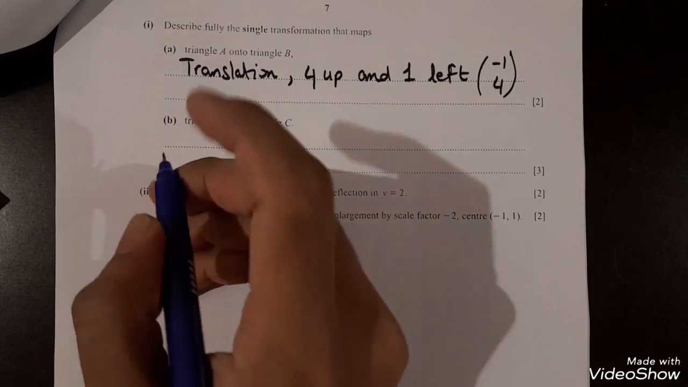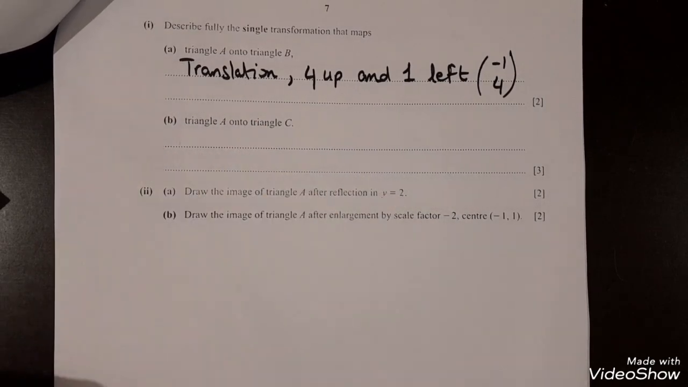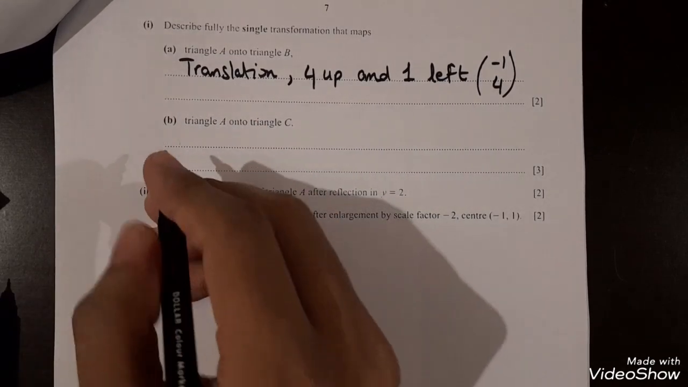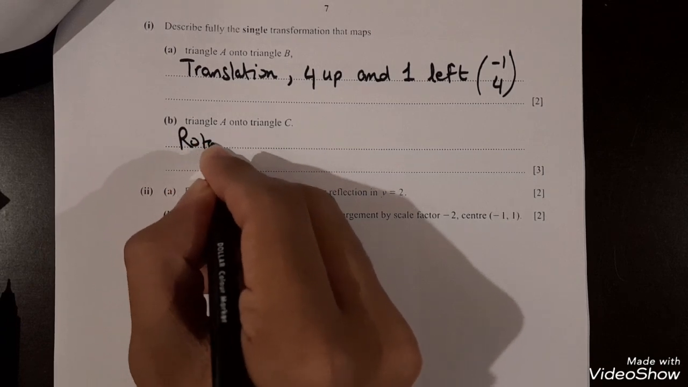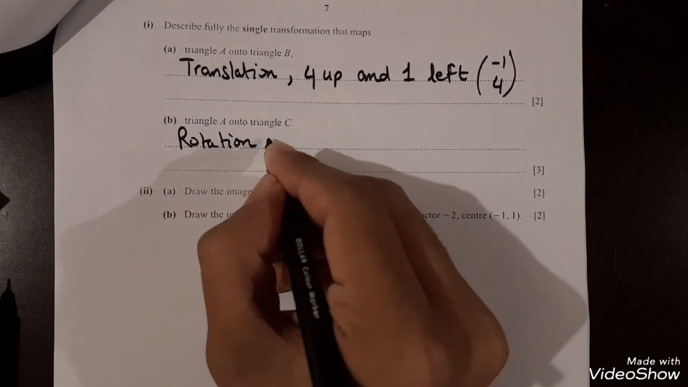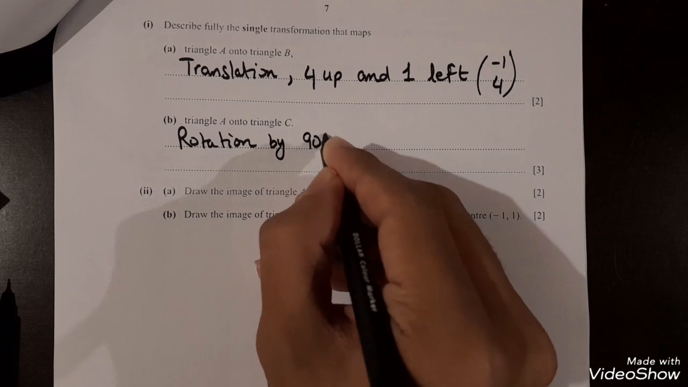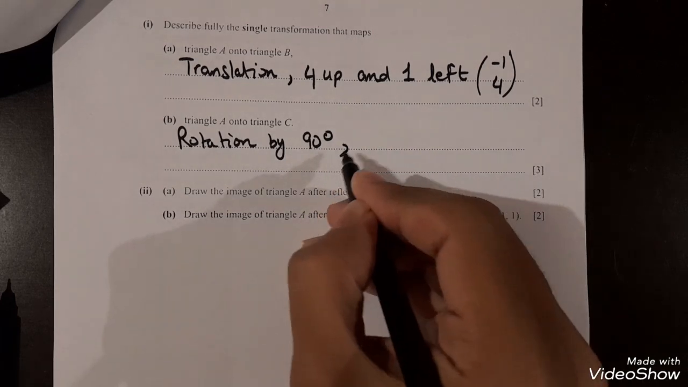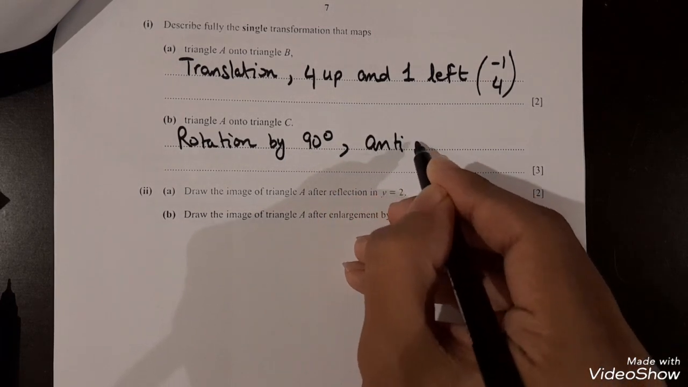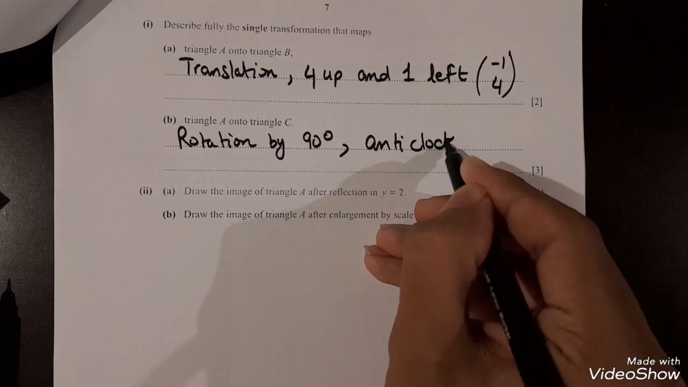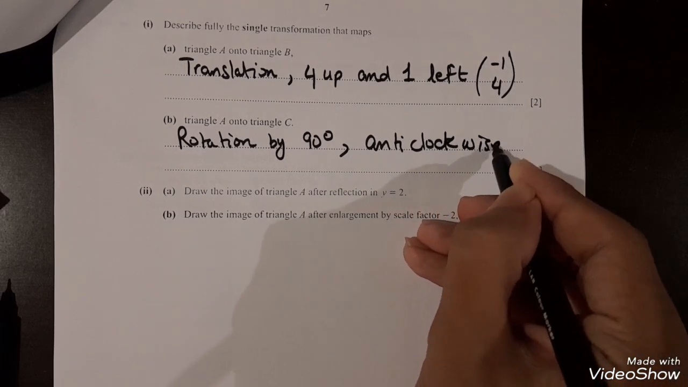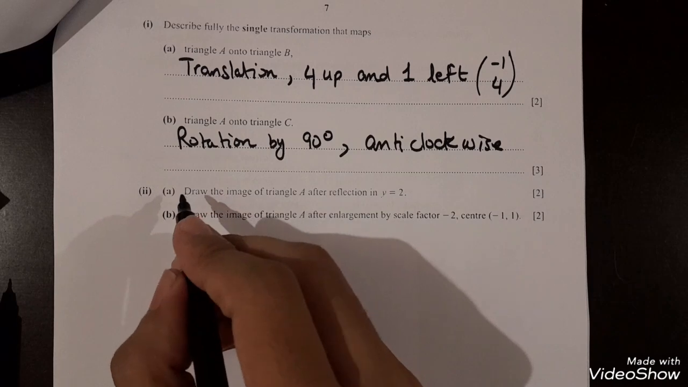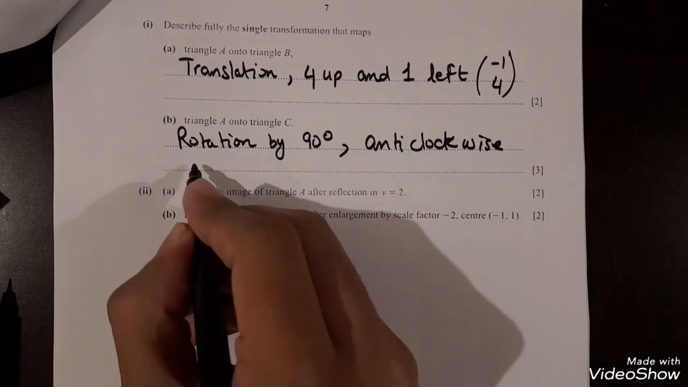We will write rotation by 90 degrees, and it is anti-clockwise. So we'll write anti-clockwise, and the third point will be from which point it is rotated. So over here the center was